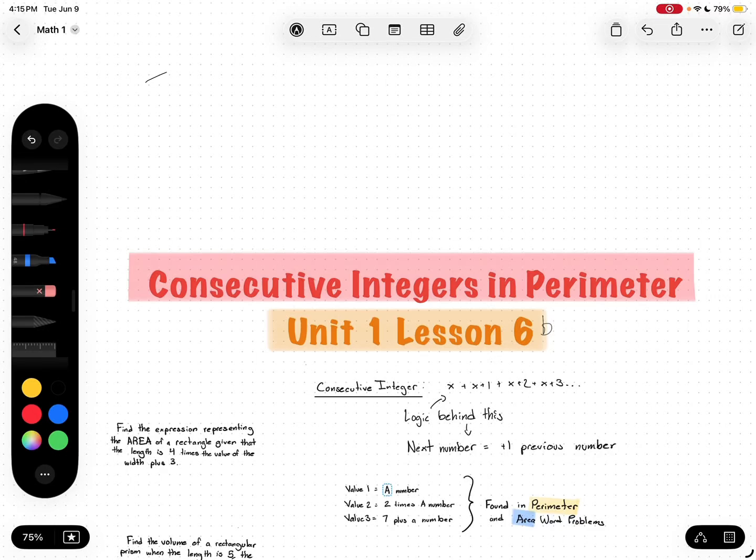Hello, this is Unit 1, Lesson 6 of Math 1 or Algebra 1. It is going to be a second part of a lesson, so that means that we are just building off of it. And it is going to be consecutive integers in perimeter, area, volume, those style of problems, geometry problems. So just as a review,